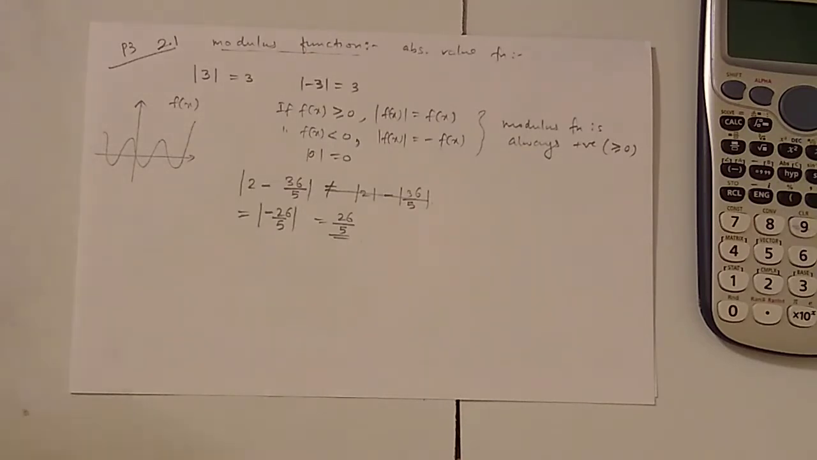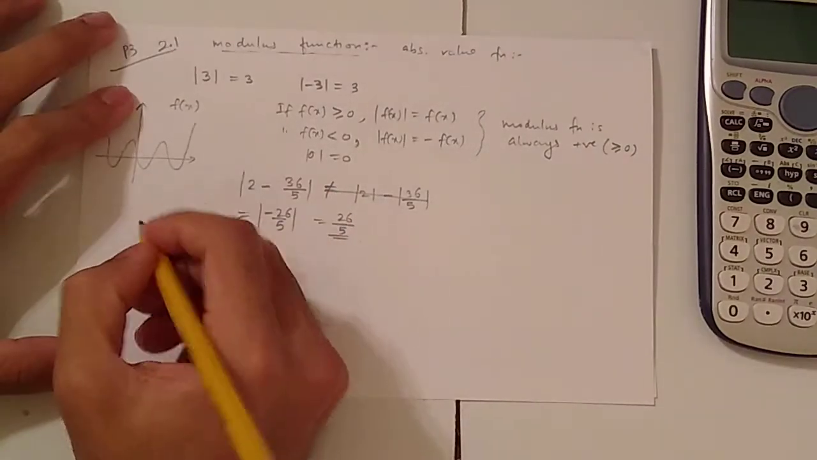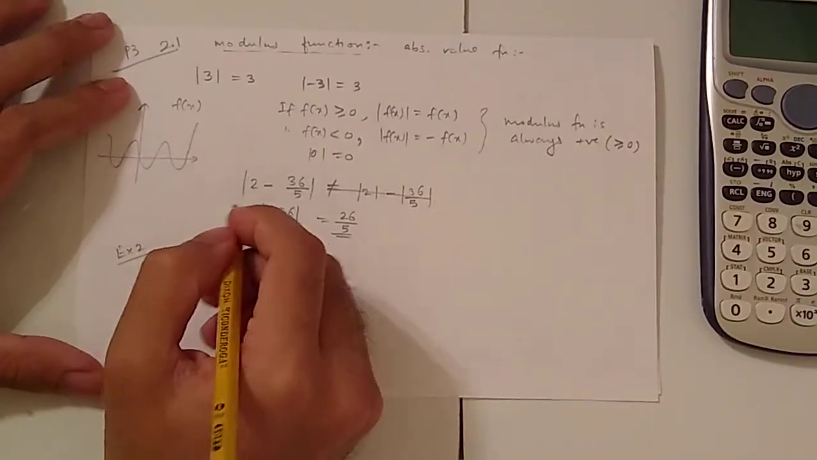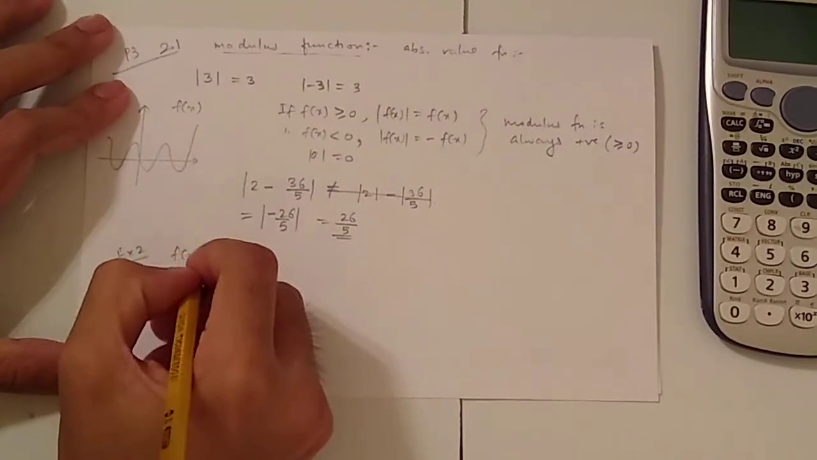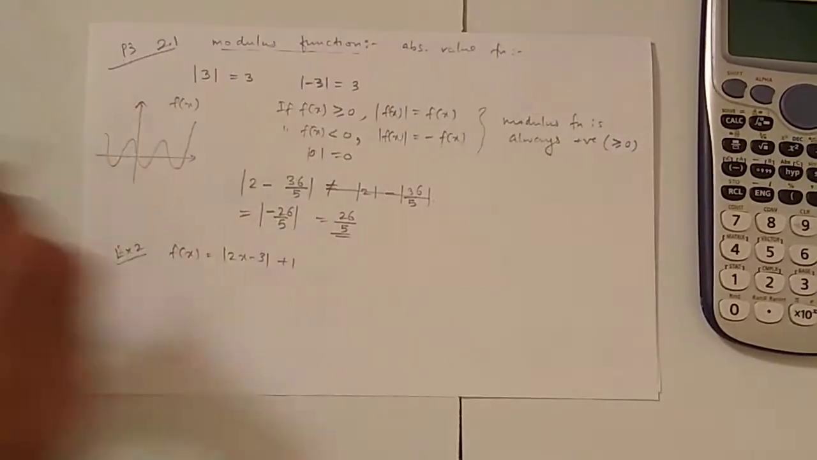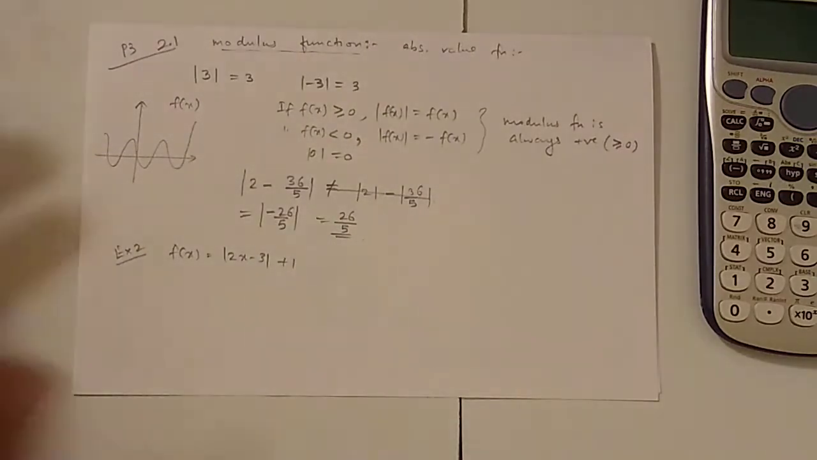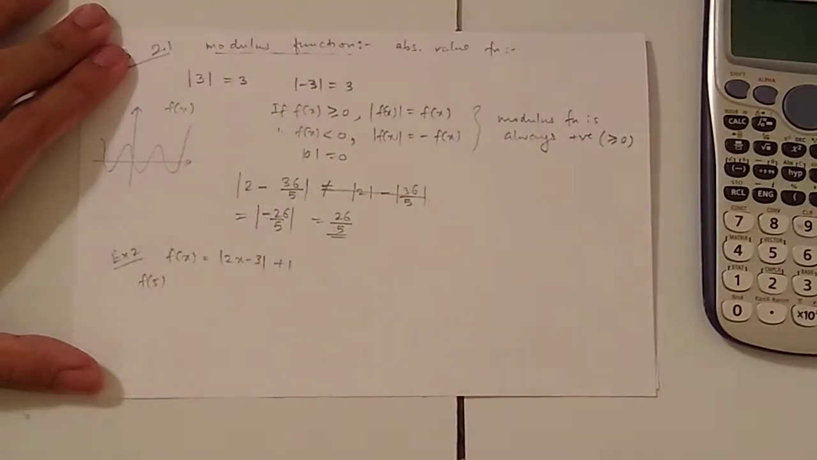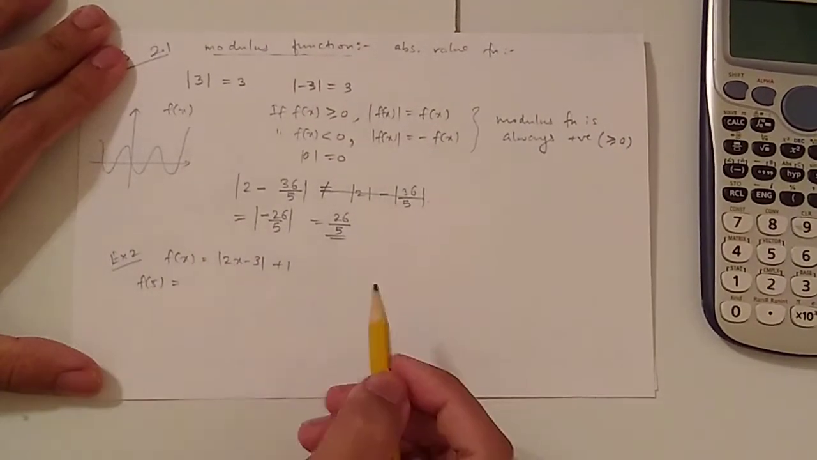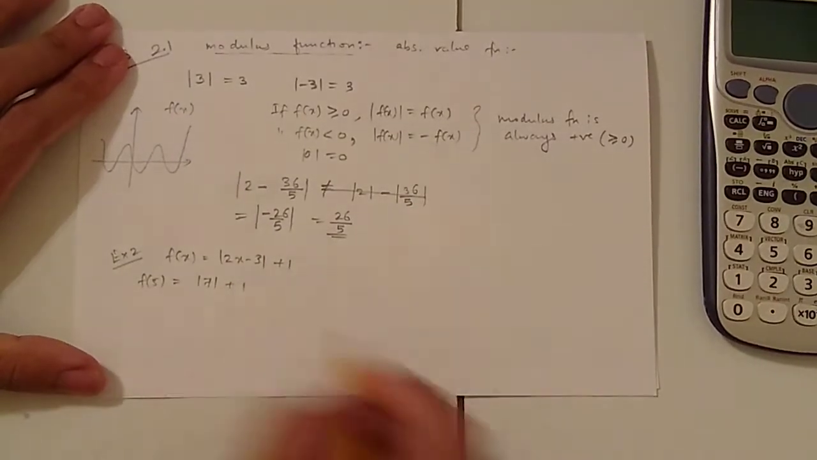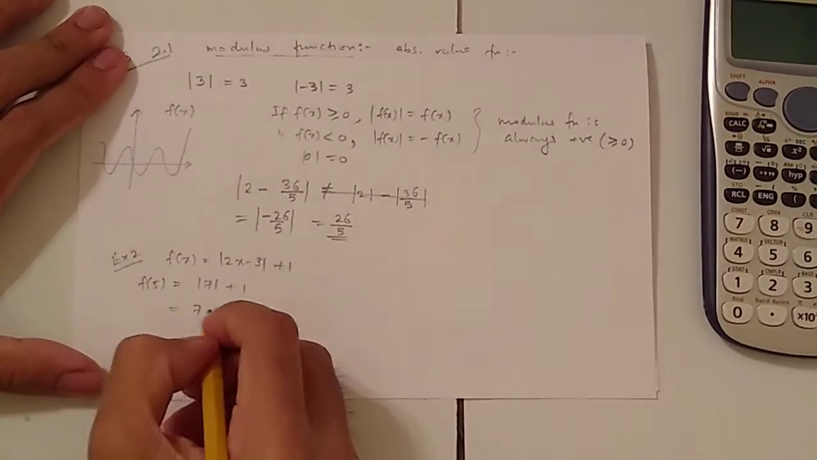Now let's consider example 2 on page 11. They have given us the function f(x) is equal to the modulus of 2x minus 3, plus 1. The first part of the question is to find f of 5. If you want to find f of 5, substitute 5, we get 2 times 5 is 10, minus 3 is 7. Modulus 7 plus 1, modulus 7 is 7, so that is 7 plus 1,